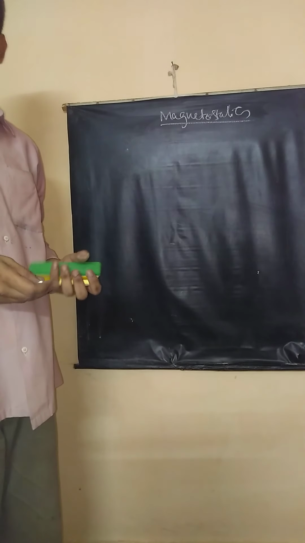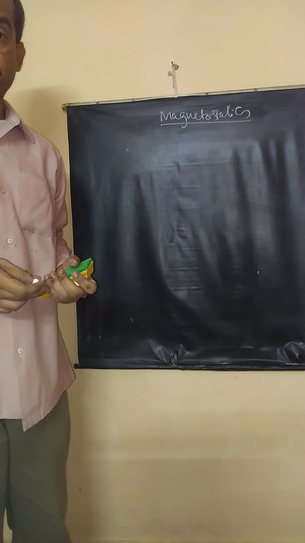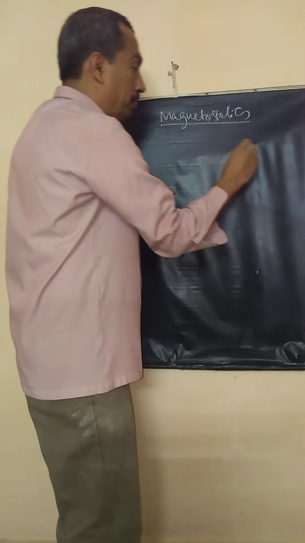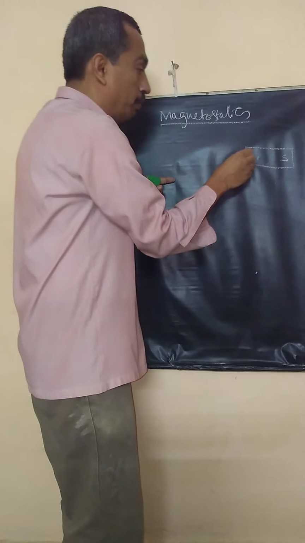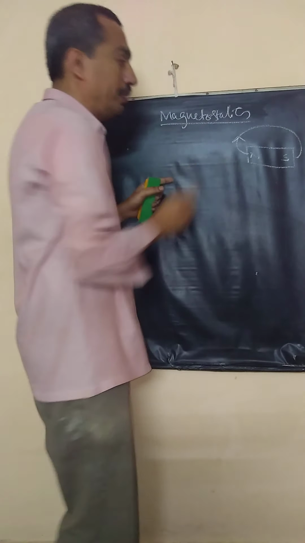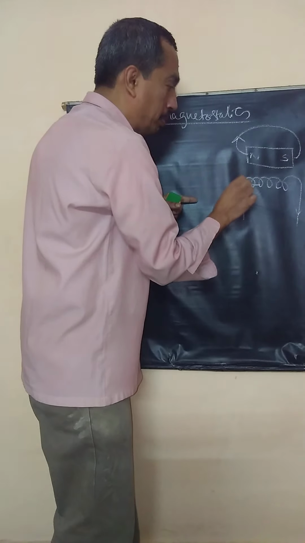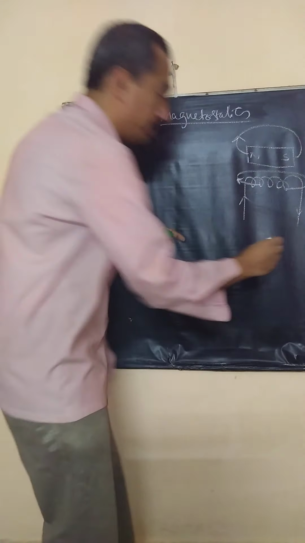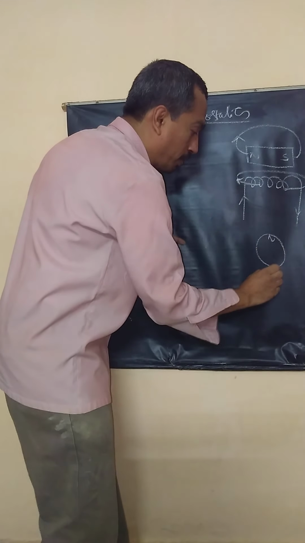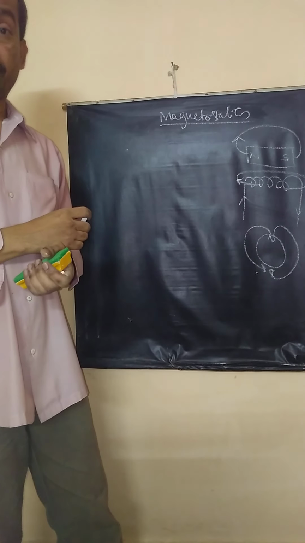In magnetostatics, we are going to study how magnetic field is produced by steady currents. If you see a bar magnet, we plot its magnetic field from north pole to south pole. This is how the magnetic field lines are directed. Take a coil, a solenoid. When current is passed through the solenoid, the magnetic field produced is quite similar to a bar magnet, like this. Now look at the earth. Magnetic field is from north pole to south pole, similar to this. All three look equivalent.